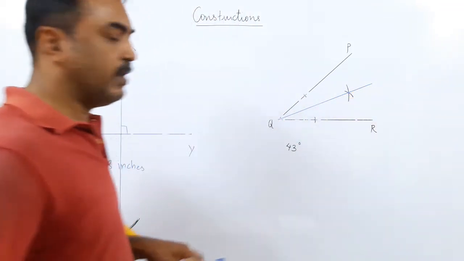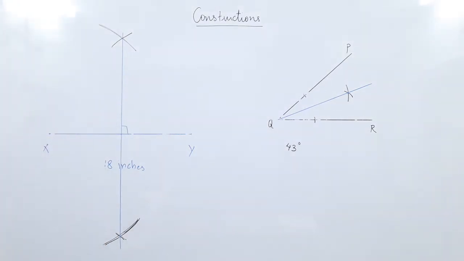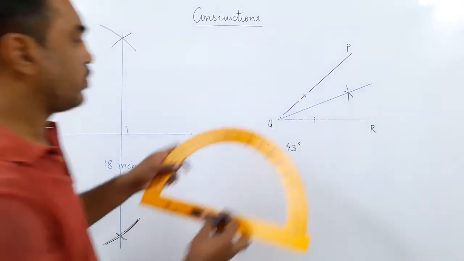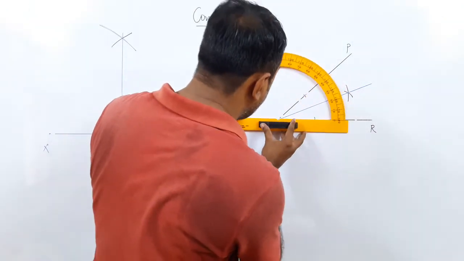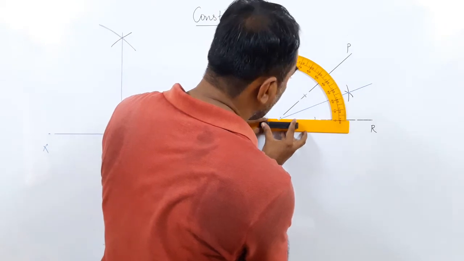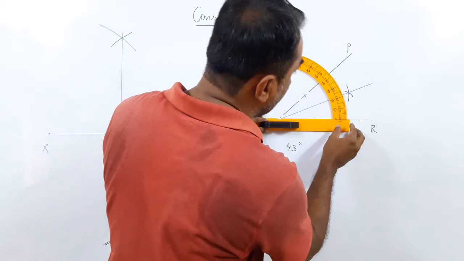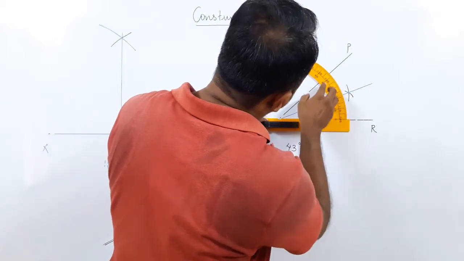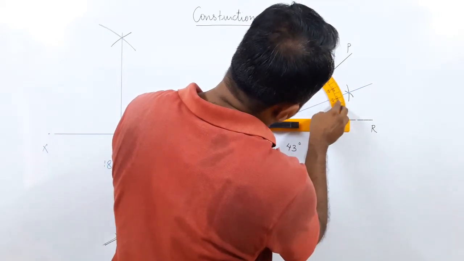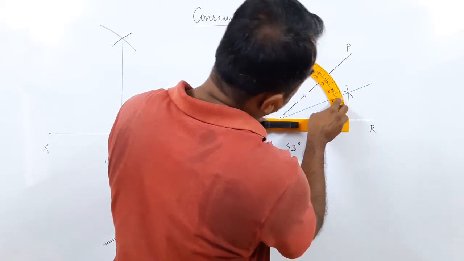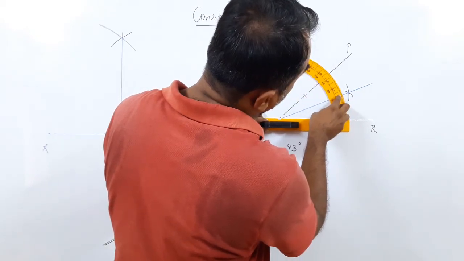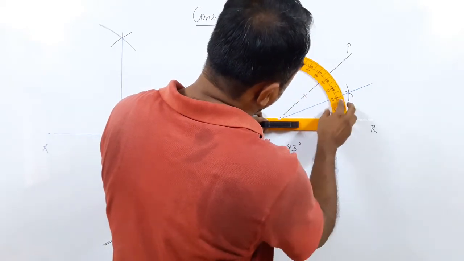This should give me the angular bisector. Now let us verify, let us check it out. How much did we get? So I put the tool again in the center here. This line exactly on 0 degree, so I put the tool exactly in the center. This line at 0 degree, and I have got, this was 43, so you can see 20, 21, 21.5.